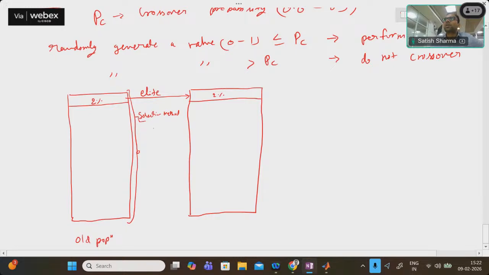Then for those two parents, let's say parent 1 and parent 2 has been identified after the selection process. Then we will again generate a random value. If it is less than the crossover probability, we will do the crossover. Okay, so we'll perform the crossover